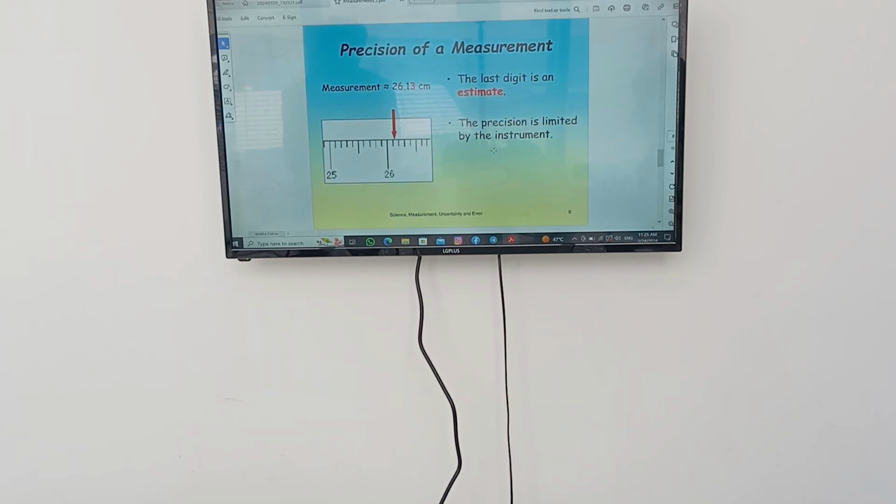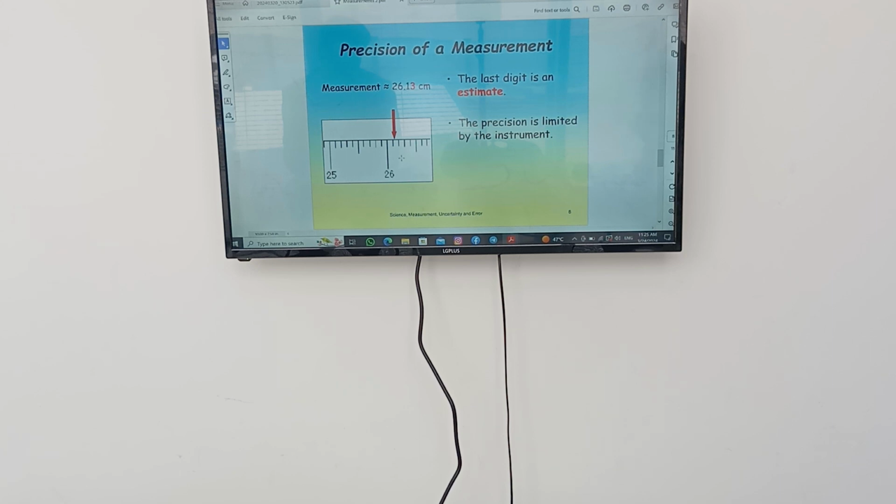Precision of a measurement. You can look at this ruler and predict what the arrow is pointing at. We have 26 centimeters, point something. So when you look at this ruler, maybe you will estimate 0.1 or 0.2. This is called precision. You're not correct on the actual point of it, but you're close. So you can see here the measurement equals or is almost